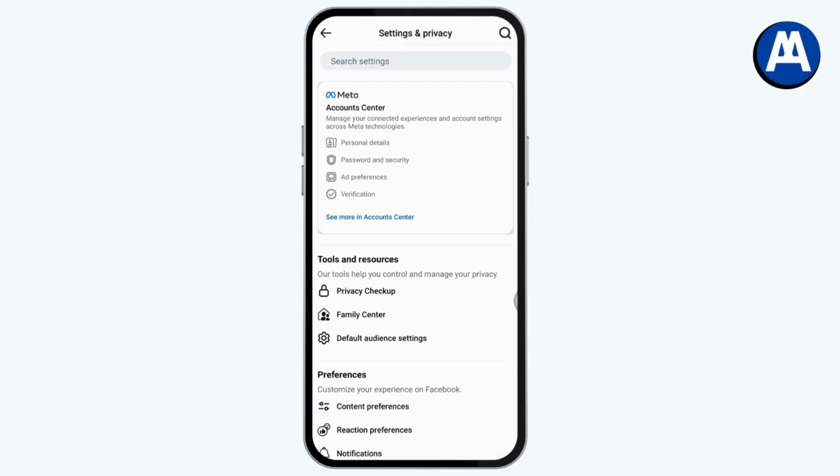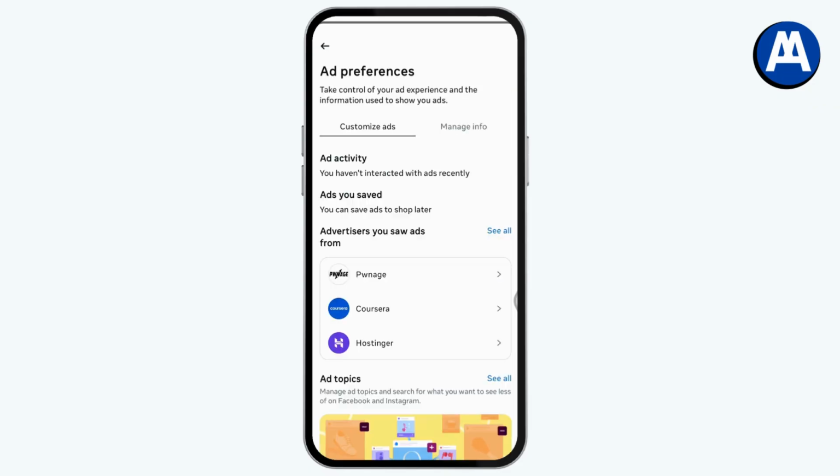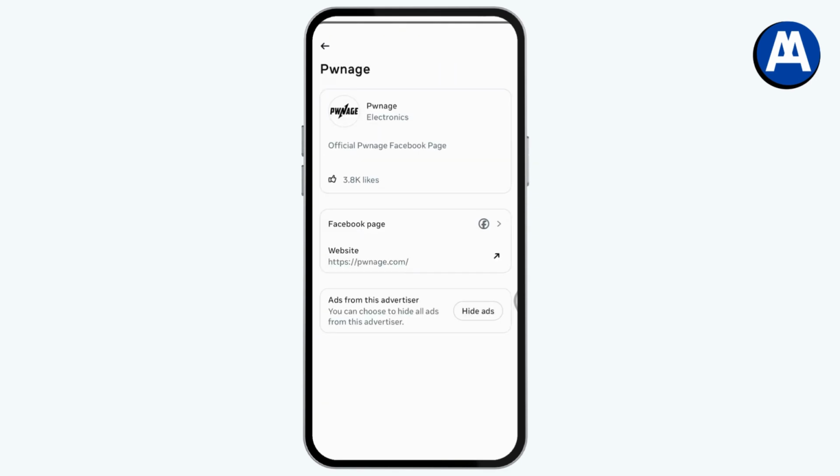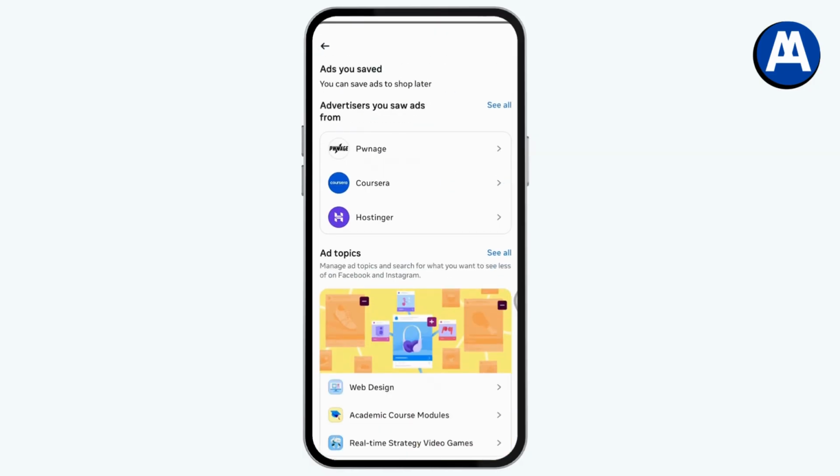Once you tap on settings, you need to go with the account center, where you will find the ad preferences. Tap on ad preferences. Once you go with the ad preferences, now you need to select an ad that you don't like to view or that you would like to block or remove. Now here on the bottom you will have hide ads. You need to just go with hide ads and that ad will be hidden. And you can go back and do that same with all the other advertisers that you saw ads from, or